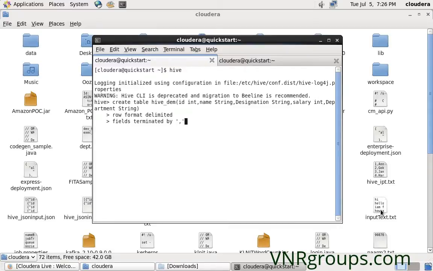This comma will act as a delimiter, and the values before and after the comma will be considered as each cell value in your Hive table.